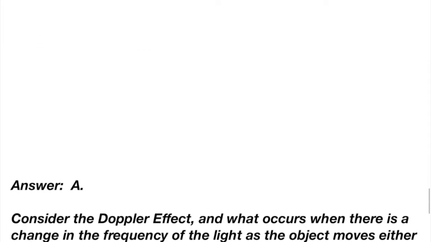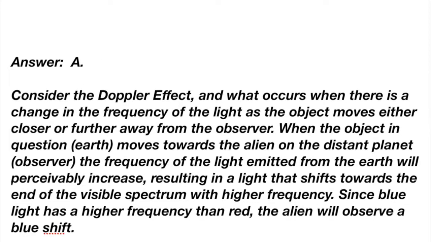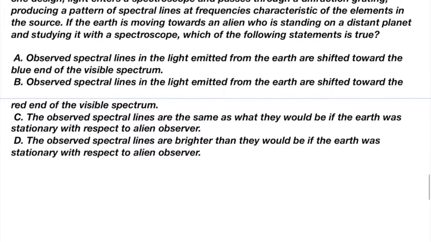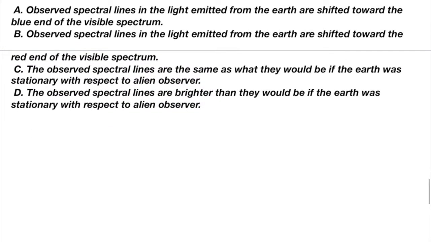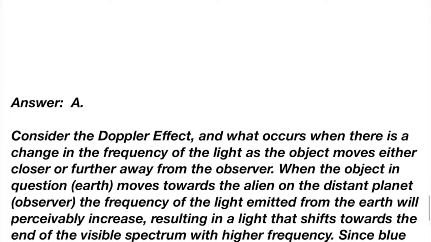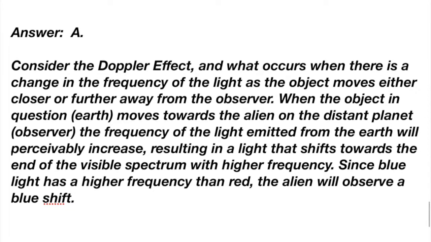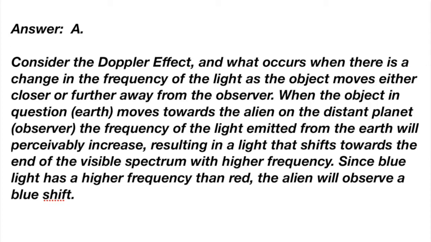So the answer from the choices above is A. If we look at option A, it reads, observed spectral lines in the light emitted from the Earth are shifted toward the blue end of the visible spectrum. If we consider a topic that we learned back in Physics 111, which is the Doppler effect, then we know that a change in frequency of the light will occur as the object moves either closer or further away from the observer. So when the object in question, which is the Earth, moves towards the alien on the distant planet,